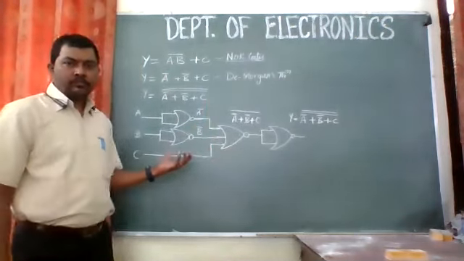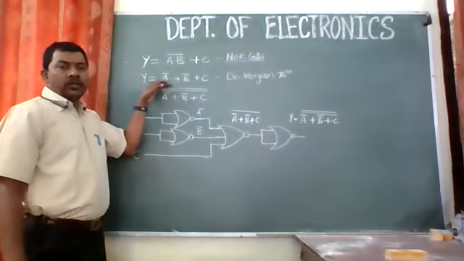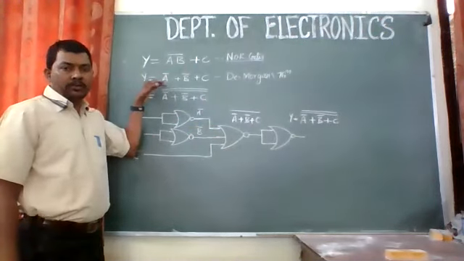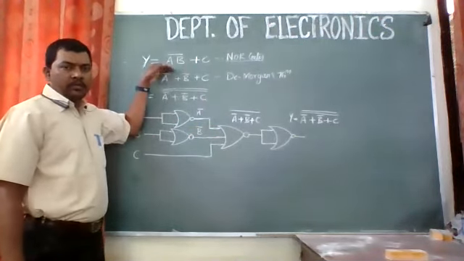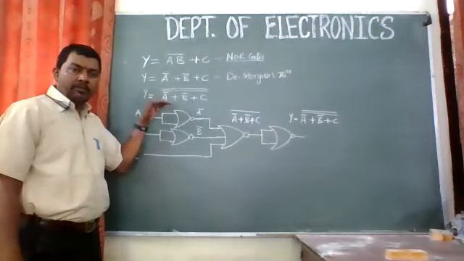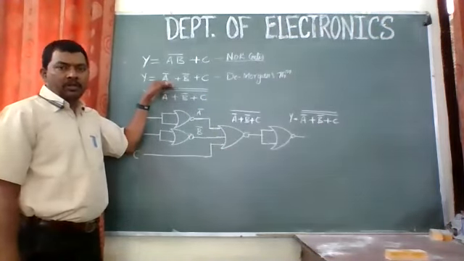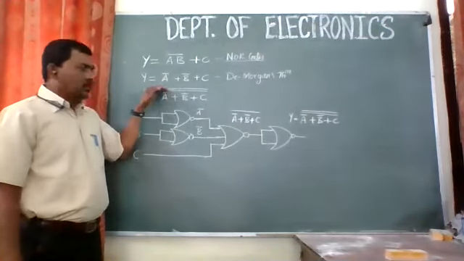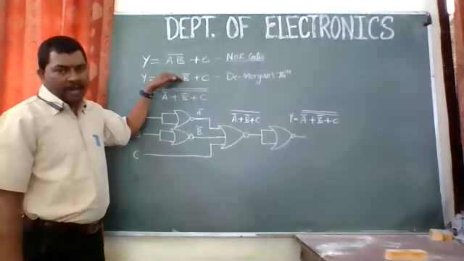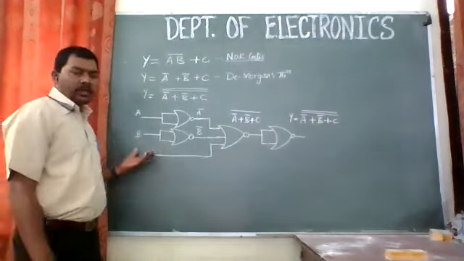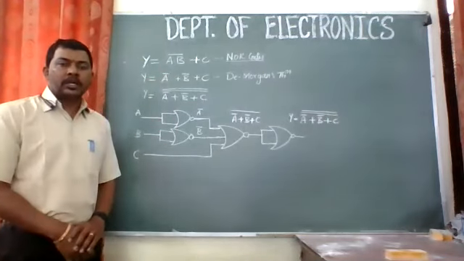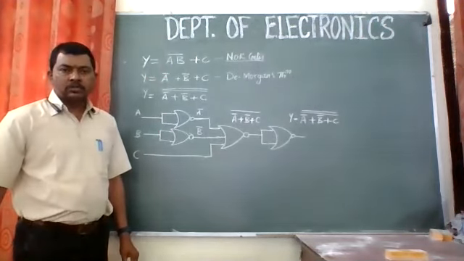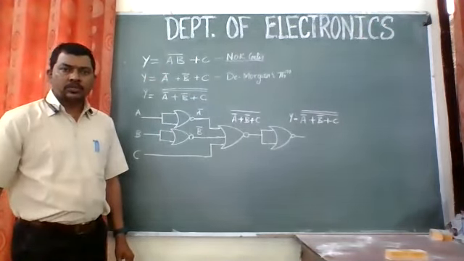Have you understood? I guess you have understood. We have just used De Morgan's theorem, and we have used the law of inversion, double complement, right? So a double complement will give you the same, right? But for implementing this circuit, we'll require this double complement. That's why I have put the double complement over it. It makes no sense otherwise, because if you cancel them out, you get this equation back, right? So this is how we have implemented the circuit by using the NOR gate alone. Have you understood? Any problems on this? I guess it's okay.